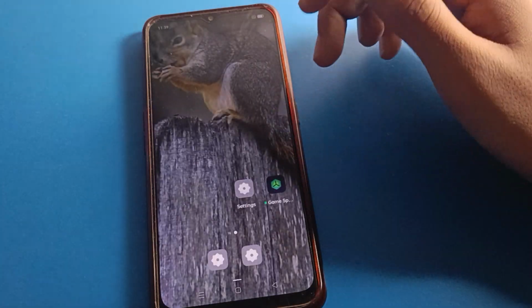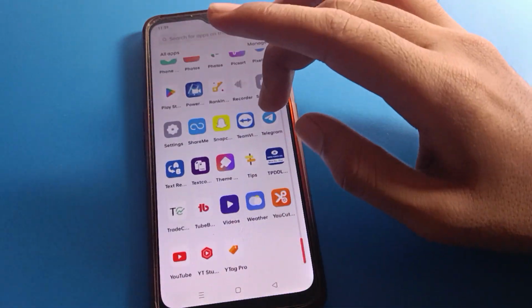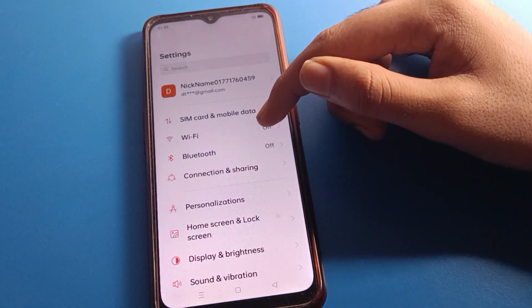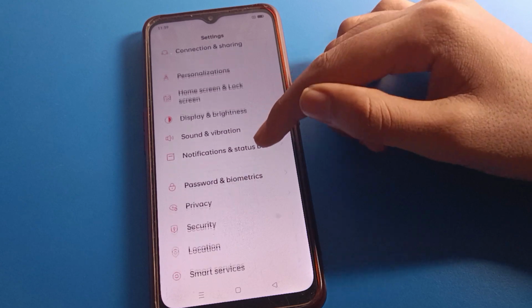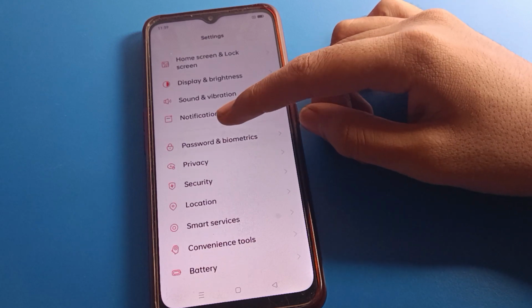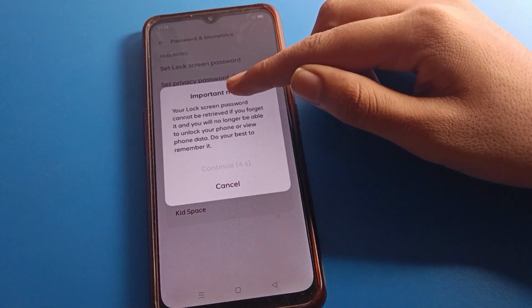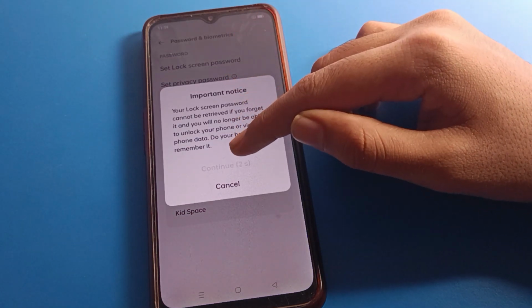Friends, open your phone settings. After that, friends, you can see this type of interface on your device. So, how to set pattern lock: friends, click here on Password, and then click here on Set lock screen password. Wait for 5 seconds. After 5 seconds, friends, click here on Continue,